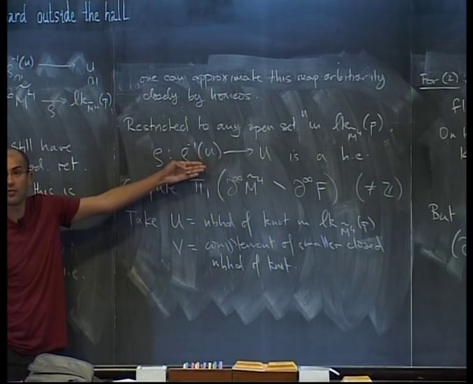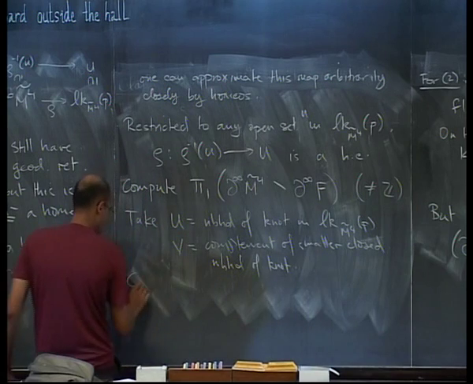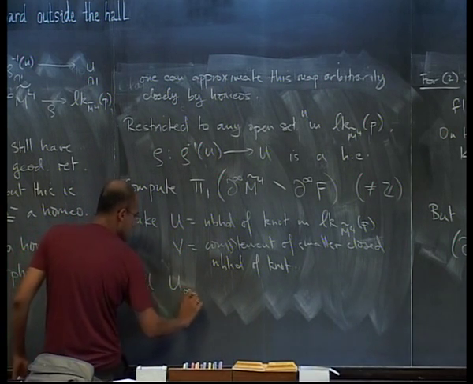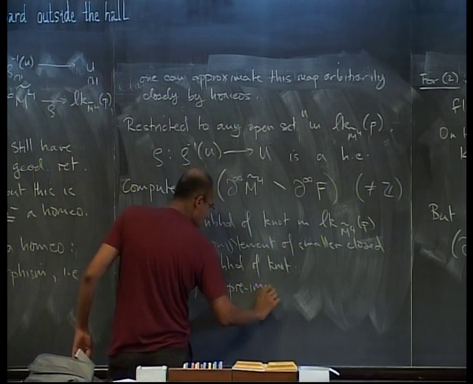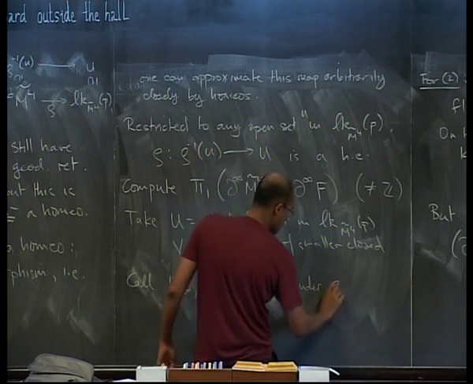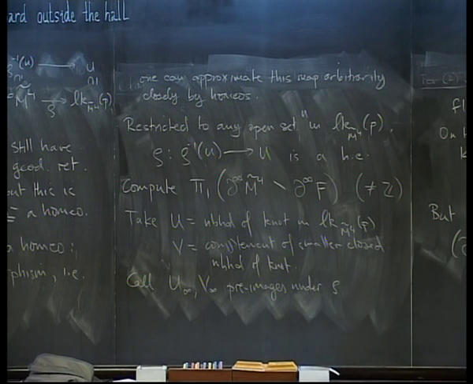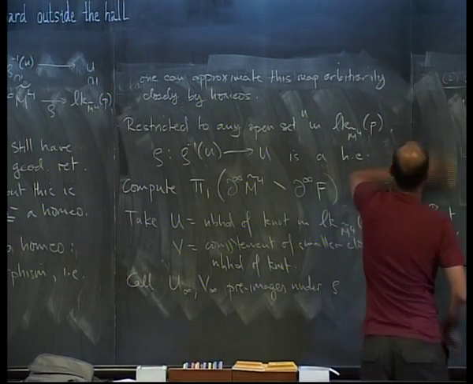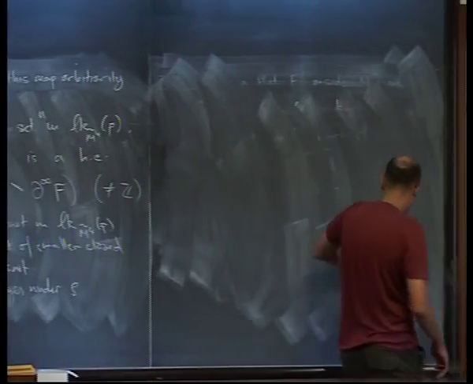And then what I want to do is look at the preimages of those sets under rho. Call them U sub infinity and V sub infinity, the preimages under rho of these two sets. And then you can decompose this gadget, whose fundamental group we're trying to understand, using Seifert-Van Kampen.